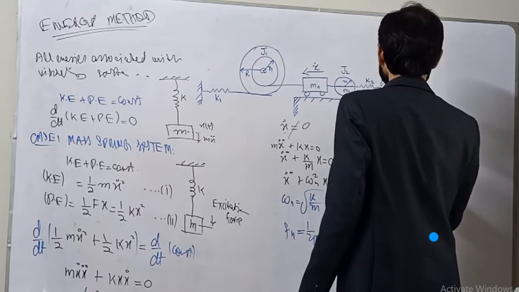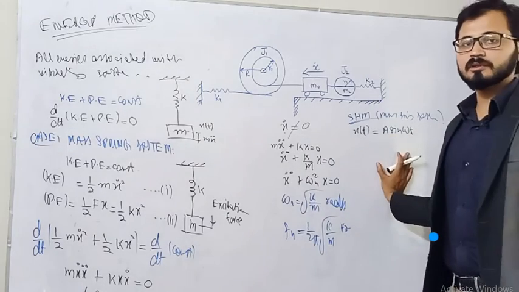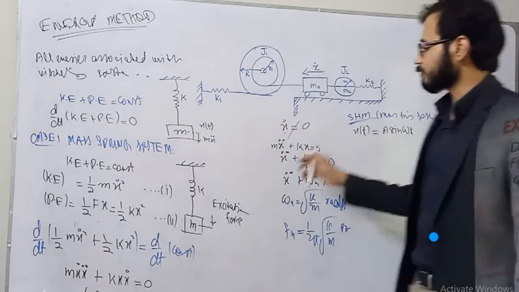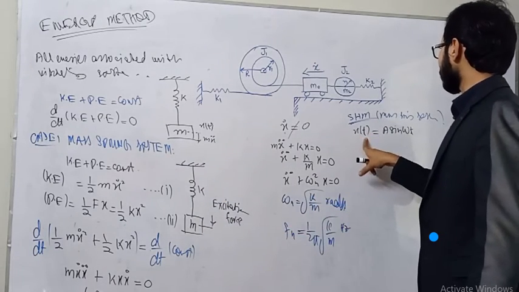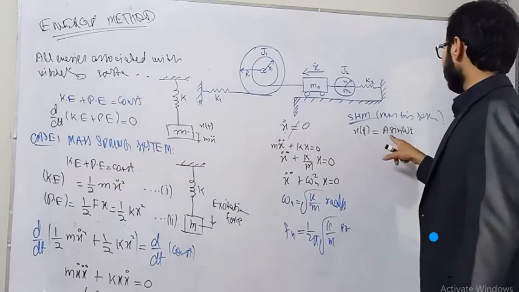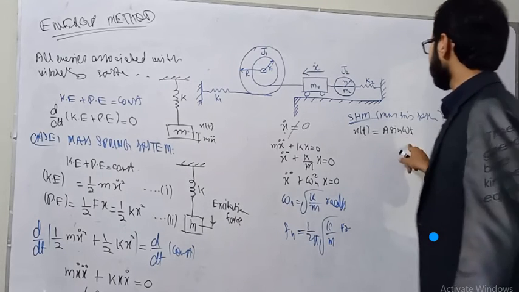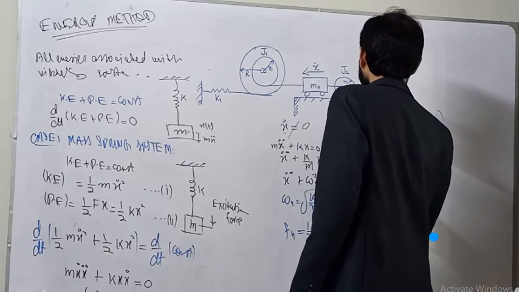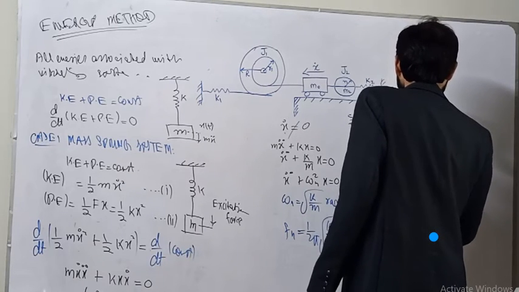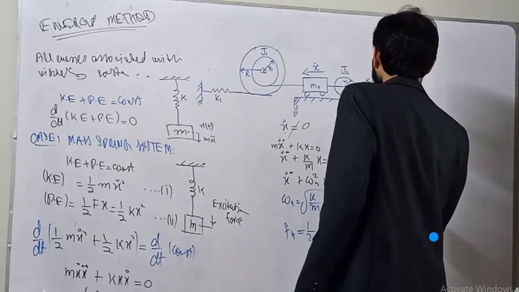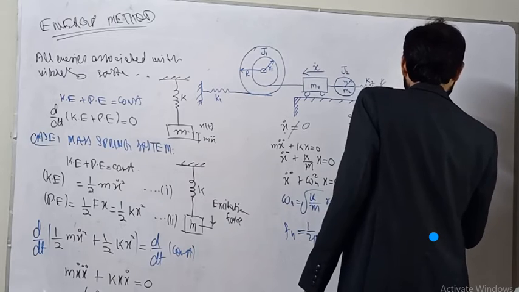So x of t is equal to A sine omega t. Suppose this is the simple harmonic motion, associated with this mass spring system, where t is time, x of t is the response of the vibrating system, A is the associated amplitude, omega is the natural frequency, and t is again time. We will take its first time derivative, and it will be A omega cos omega t, and again we will take the second derivative, so it will be minus A omega square sin omega t.